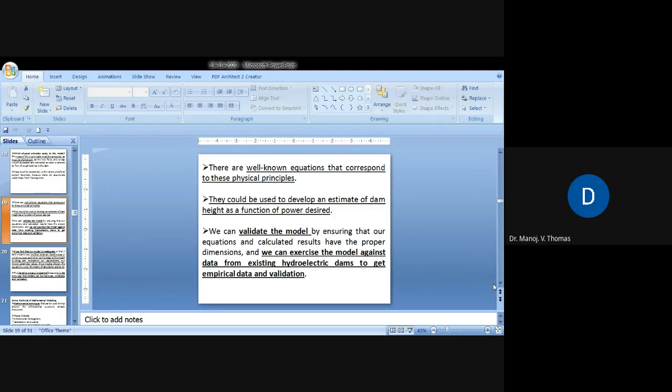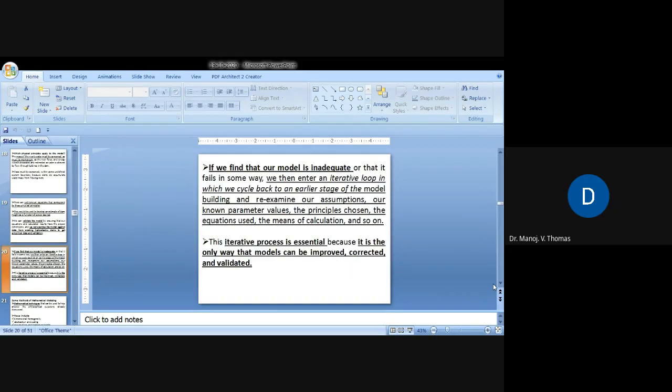We have a model of a dam, and it is giving certain outputs because we have used the physics of hydrostatic energy, or laws of conservation of energy, and other related laws, principles and equations. And finally, we have proved that, okay, this is the unknown variable, this is the prediction. So we can validate the model by taking data from an existing hydroelectric dam. So we have another dam which has some features. There the height is this one and the power generated is this one. So when I verify the height or some other parameter, what would be the projection, what will be the prediction? So empirical data and validation.